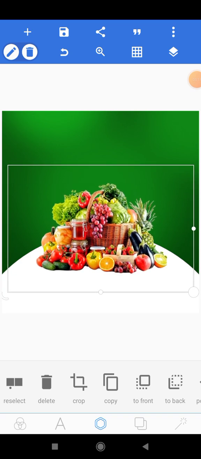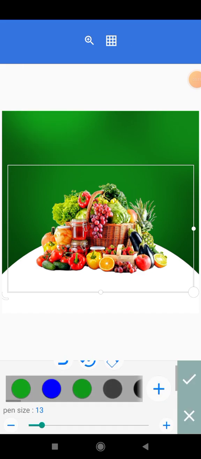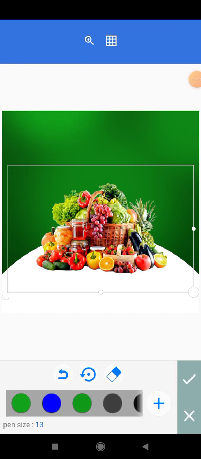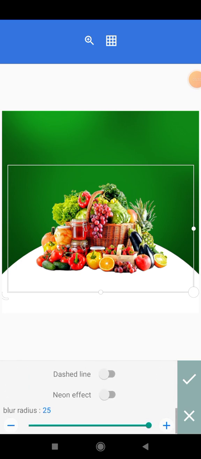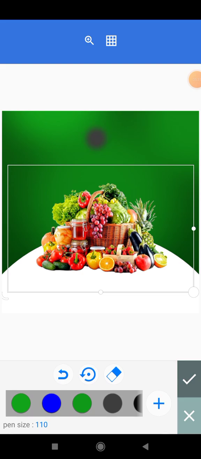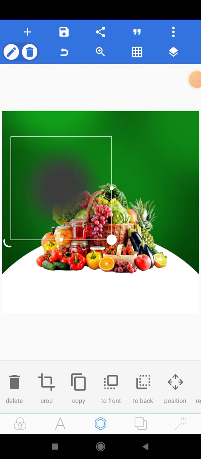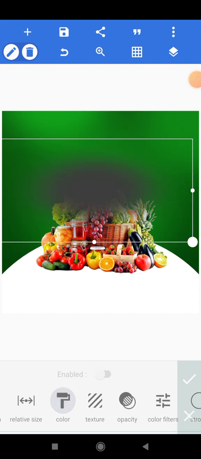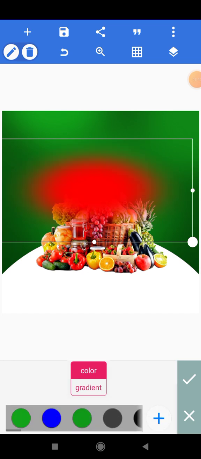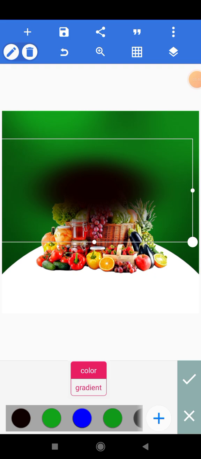And the next thing I want to do is to introduce a shadow. I want to give it a shadow just beneath. So click on good, increase the pen size, don't forget, increase the blur radius, and just tap on your phone. So I want the color of this to be black. So it's not as black as I want. All right, so yeah,